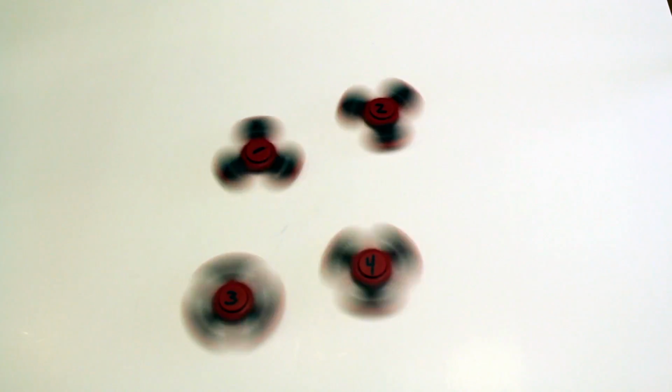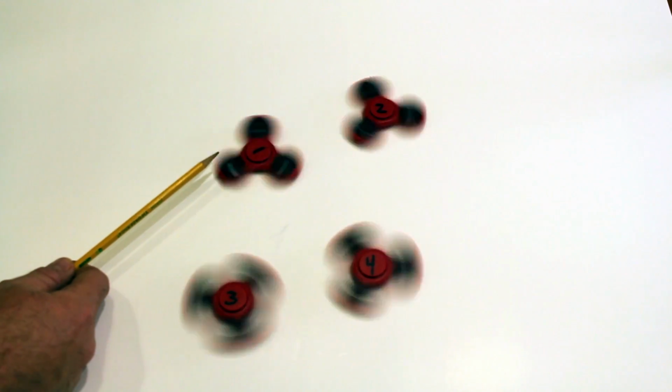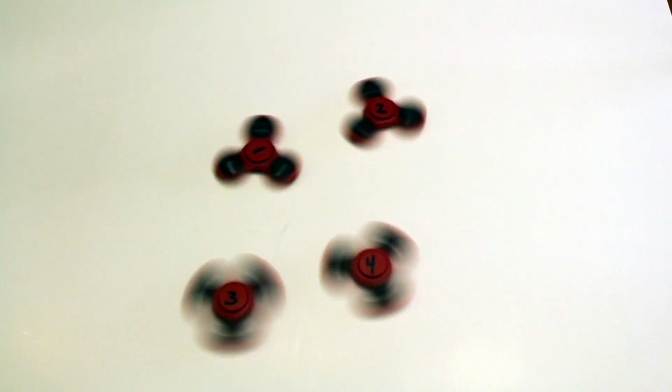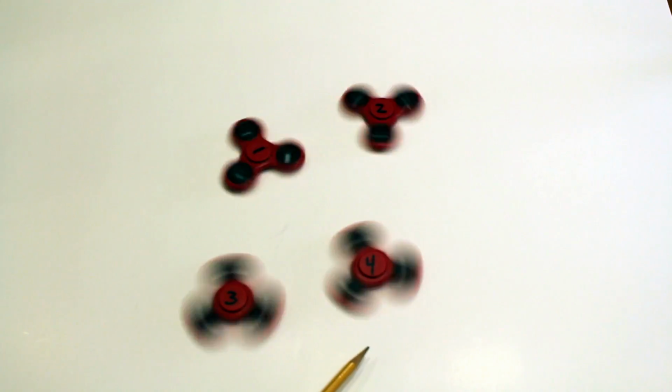Okay, so the results are in for the base spin right out of the box. We have number 1 at a minute 22 seconds on average. We have number 2 at a minute 11 seconds. We have number 3 at a minute 36 seconds, and the winner, number 4, at a minute 49 seconds on